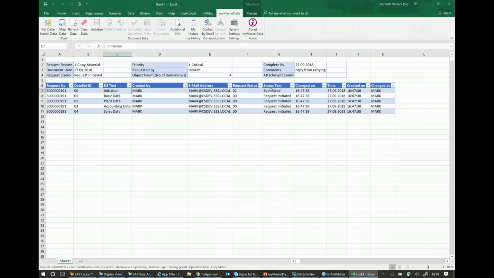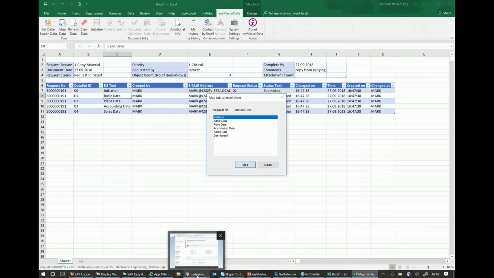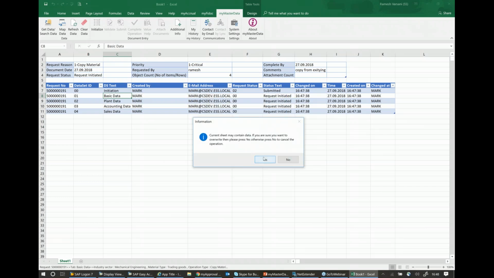You need someone to initiate it. That's happened. Then you need someone to put in the basic data, the plant data, the accounting data, and so on. I'm only going to do the basic data to show you, again, how much information is copied from fan M90, which I asked it to. So if I go and look at, again, same situation, Mark has got an email to say he's been given a request 500,091, whereby he needs to populate some basic data. So if I just do that,